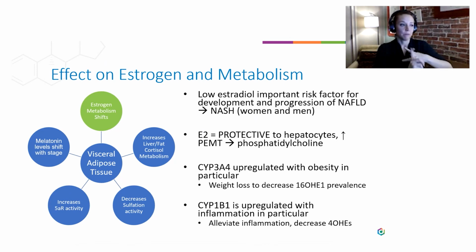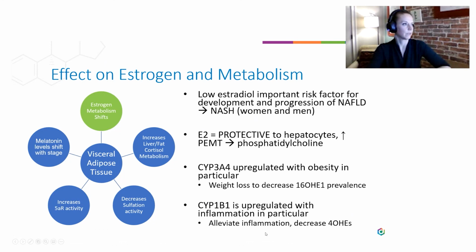3A4 activity and 1B1 activity we saw upregulated for different reasons in different patients. We want to alleviate whatever is driving those pathways. If it's obesity, we want to get some body mass loss. If it's inflammation, we want to go after the inflammation. Usually it's a combination of several things. But if you can go after those things, you can decrease those 4-hydroxyestrogens that are so